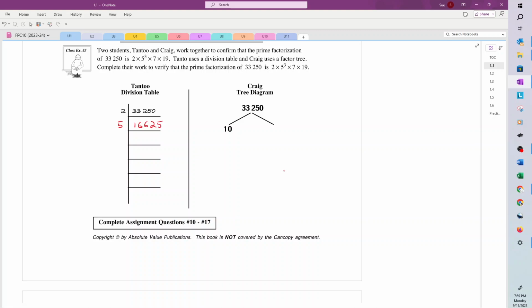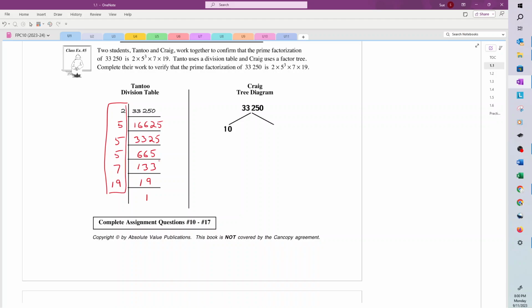Throw that into my calculator, I get 3325, and if I divide that by 5, I get 665, and if I divide that by 5, I get 133, and if I divide that by 7, I get 19. Sorry, the calculator did something odd there. I've never seen that before. Okay, I get 19. 19 is prime, so if I divide that by 19, I get 1. And when I get down to 1, I'm finished. So these are my prime factors of